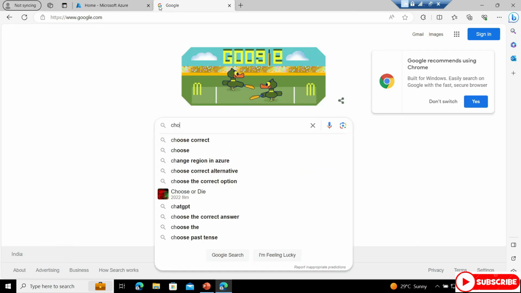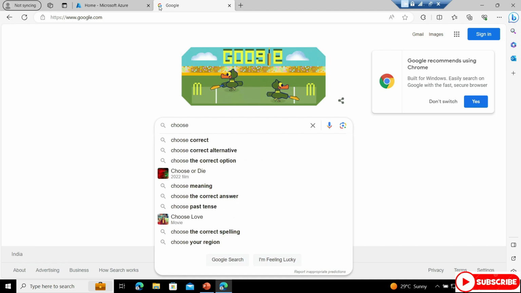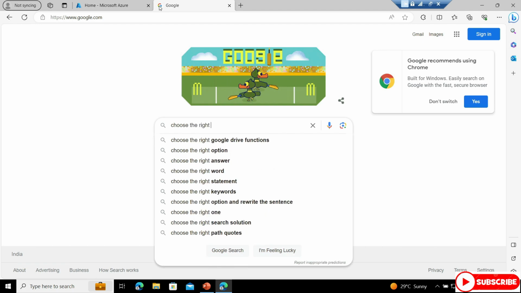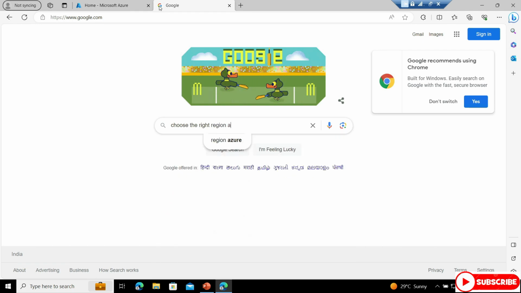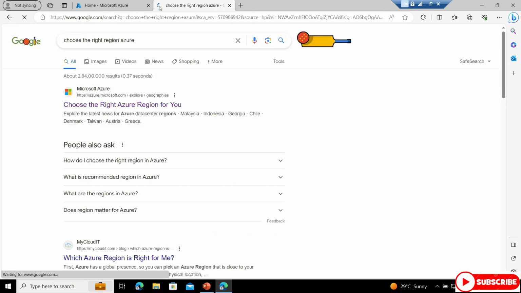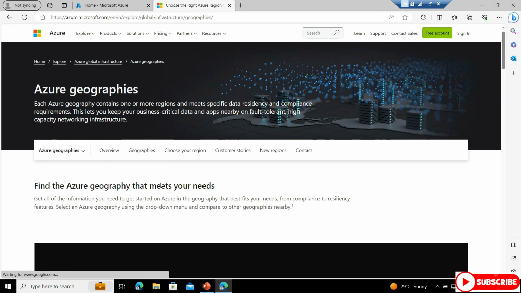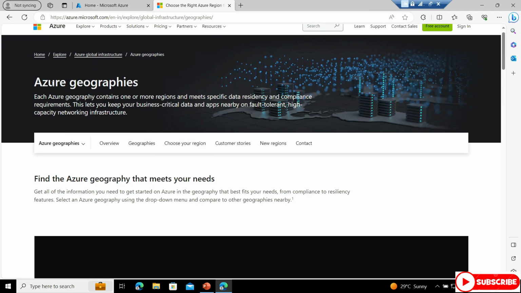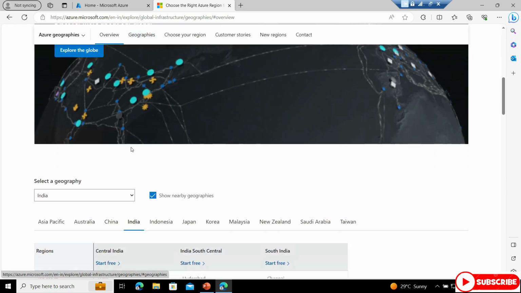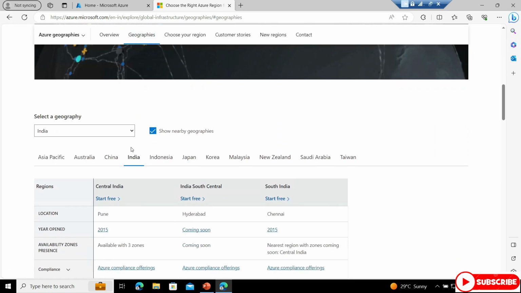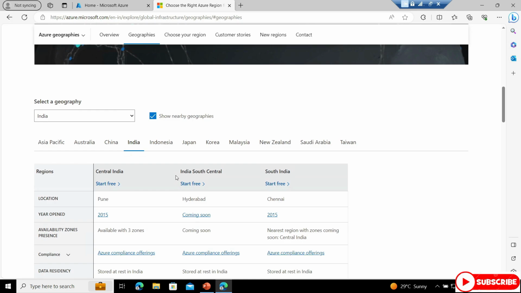Let's go to Microsoft's website to check the regions which come under India. I'll just open this article. Azure has defined geographies, and based on those geographies they have regions. I'm in India right now. There are 3 regions.